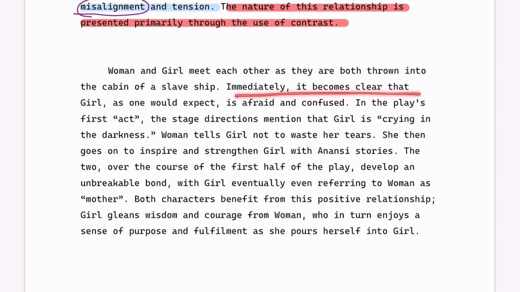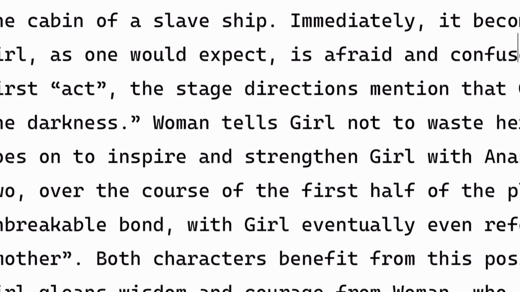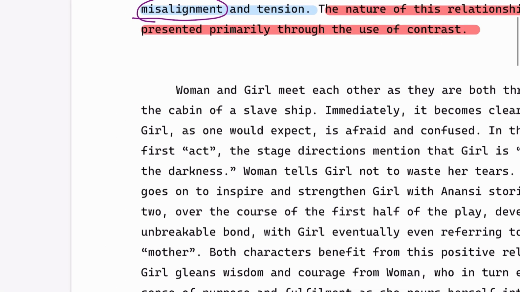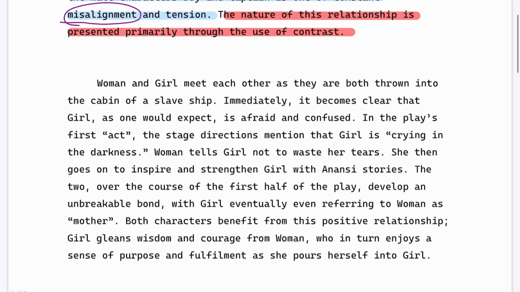Immediately, it becomes clear that girl, as one would expect, is afraid and confused. In the play's first "act" — I put act in quotation marks because the play isn't really strictly divided into acts in the traditional way. So I'm using the division act here, but I'm also making it clear that I know it's not really an act like in the Shakespearean plays where we have acts and scenes. Anyway, in the play's first act, the stage directions mention that girl is, and here I drop in some evidence,